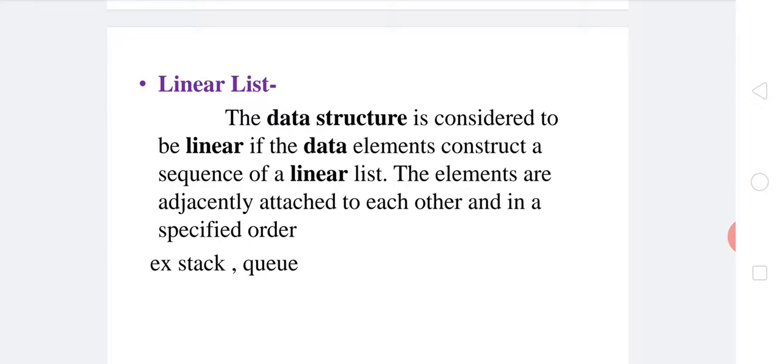Means here all the elements must be stored in a contiguous memory location. Actually, linear data structures are easy to implement because computer memory is arranged in a linear way. Its examples are array, stack, queue, linked list, etc.